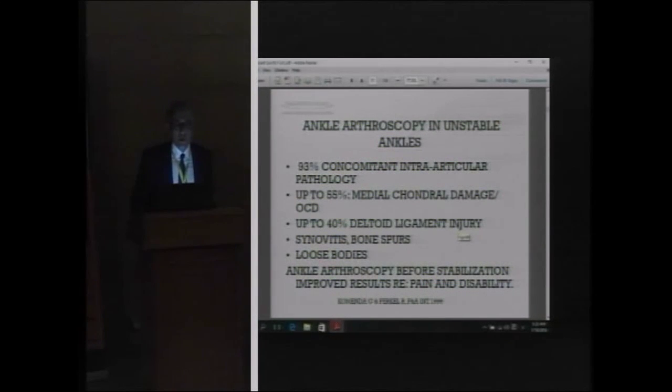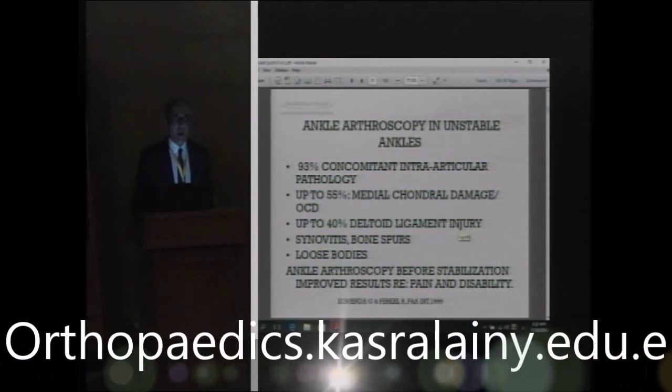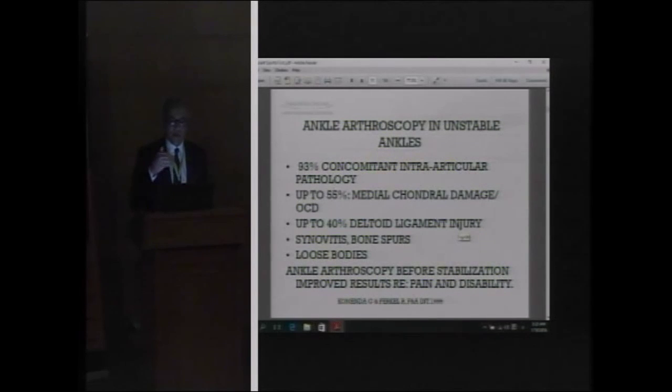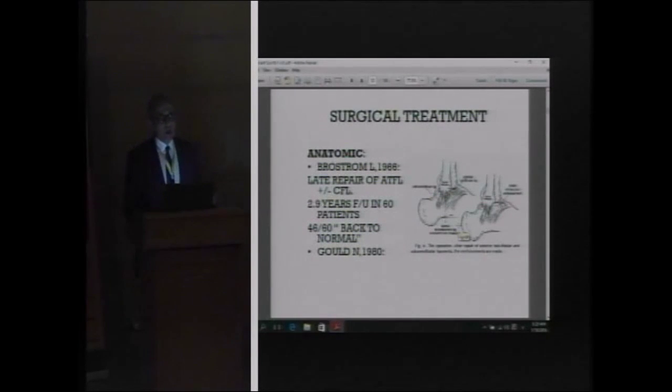If you decide to treat someone with surgery because they failed conservative treatment, 80% of patients will do well with the conservative treatment. 20% will need surgery. You have to do an ankle arthroscopy at the same time. It is recommended because there's a high incidence of chondral damage, high incidence of OCD, high incidence of loose bodies. And if you don't, the patient may continue to have pain. The most common surgery performed for ankle instability is